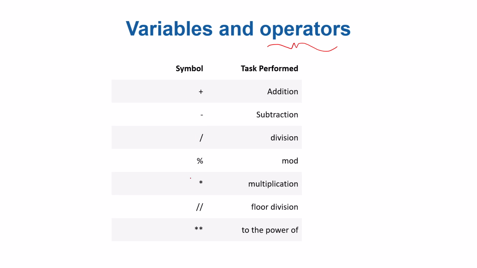For example, these are arithmetic operators. This plus symbol is used to add two variables. This minus symbol or subtraction is used to subtract a variable value from the other variable value. Obviously these all are operated on values, not the names. Division,